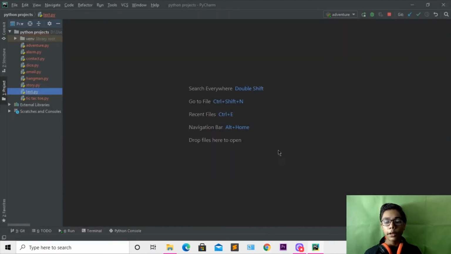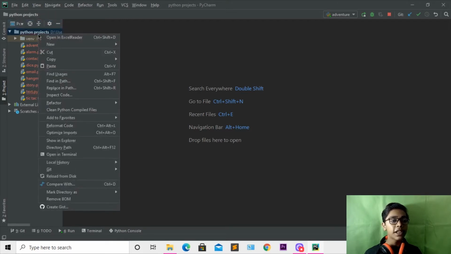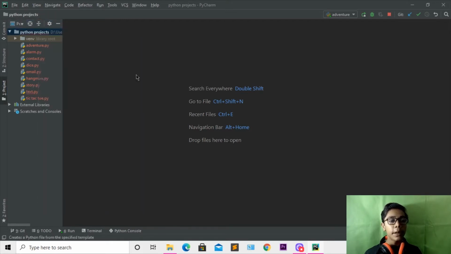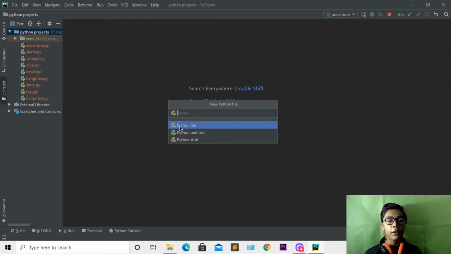Now we will be working with it. Here you have to open your file, but first of all we have to create our file. I'll right click on my project, press New, then Python File, because here we are obviously making a Python file. Now you have to name your Python file. You can write rolling.py, or if you don't write py and press enter, it's not a problem, because it will automatically create a Python file. Just write the name of the file which you want.